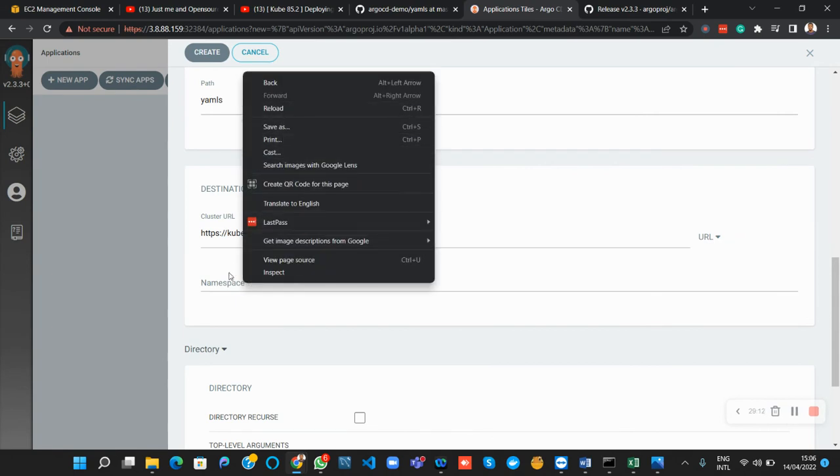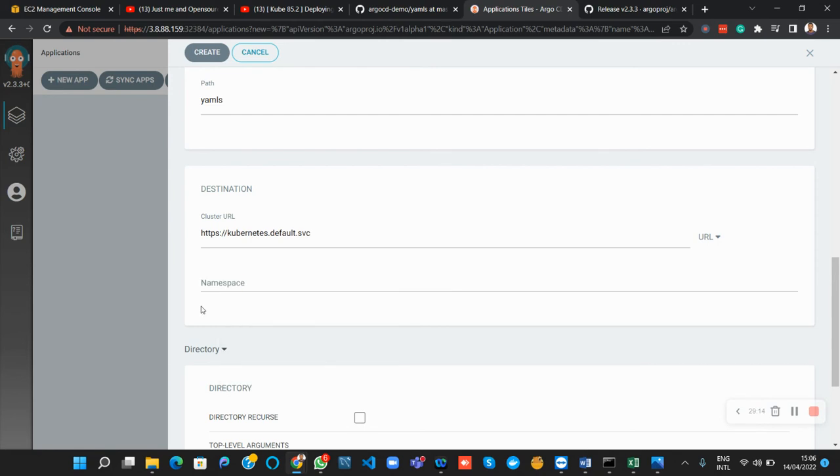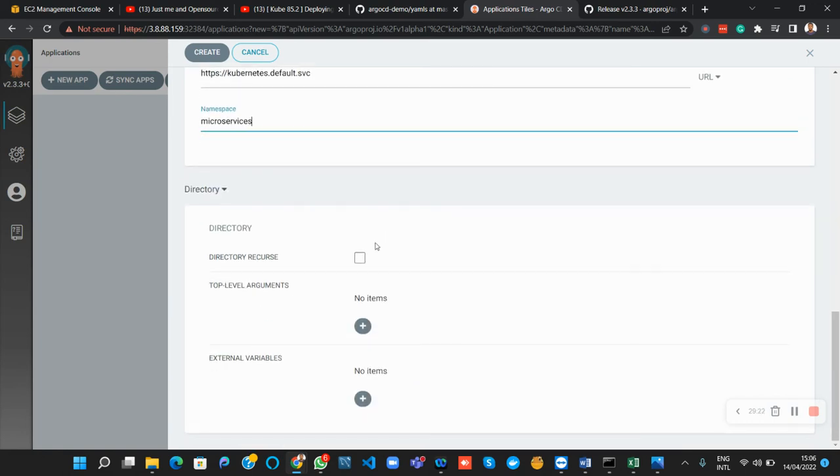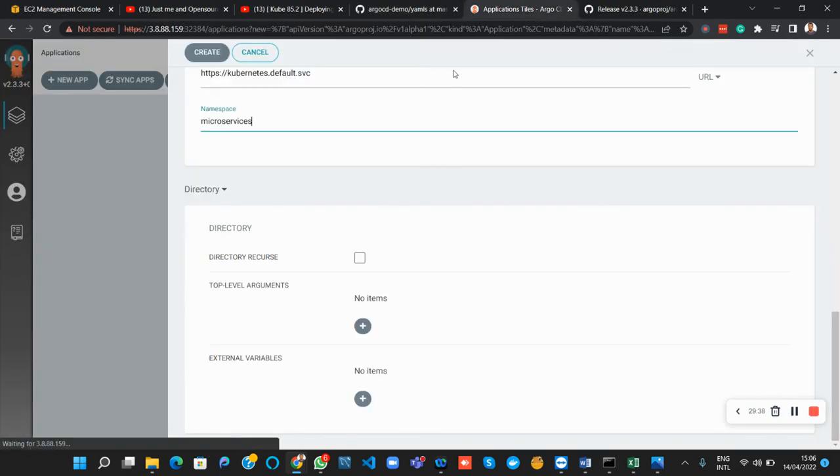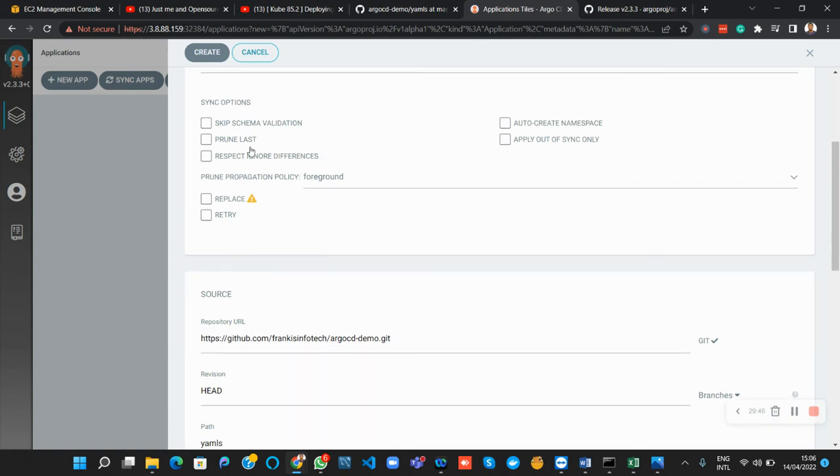So I'm going to paste that here. Namespace: microservices. I think that's all. What this directory structure means is that if I have other directories inside of YAMLs, I may need to also specify those directories so that Argo CD will be able to recursively deploy the YAML files in those directories. Since I don't have anything, that's all, and I just go ahead and click on